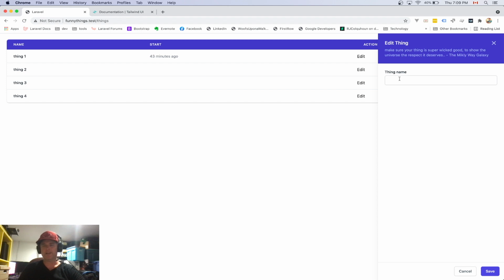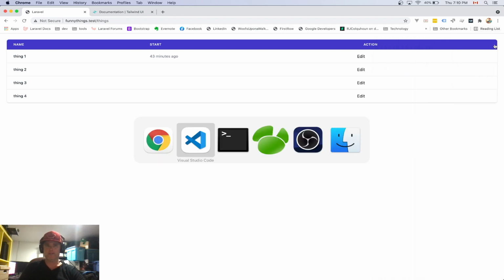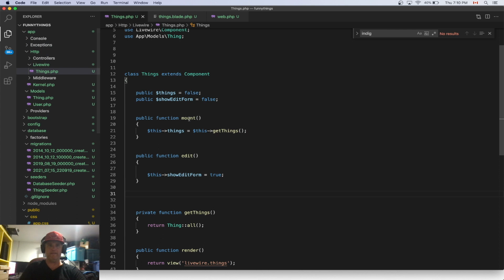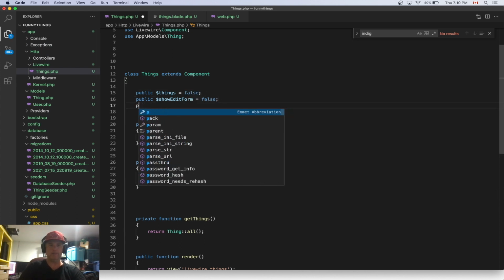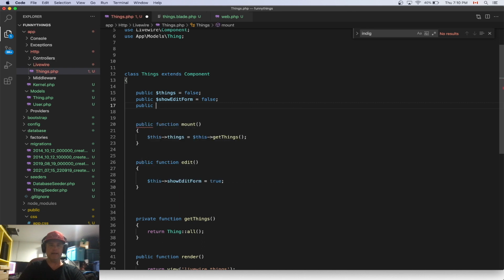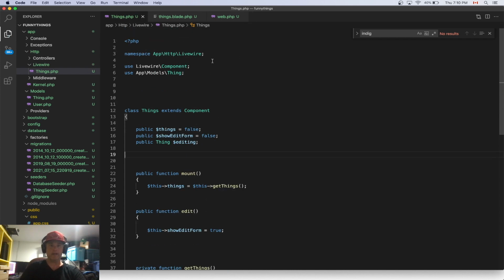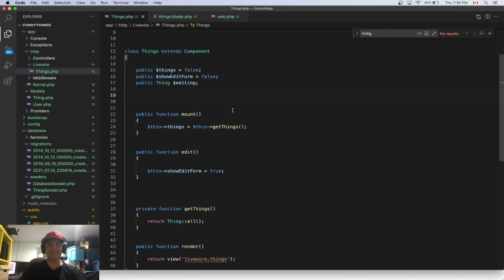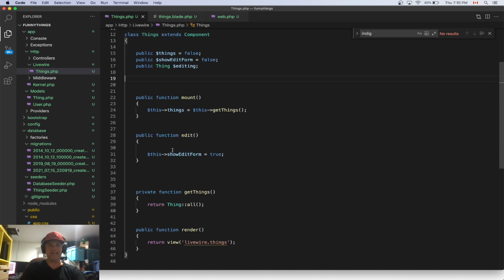Okay, edit your thing. Now here's where things get a little fun. So now we just got to make sure that thing name is populated in there. So what we're going to do is in the class of thing is another public, and this is going to be an instance of thing, and we're going to call it editing. Okay, do we have thing in there? Great. Okay, so editing is now when we edit, we're going to say this dot editing equals